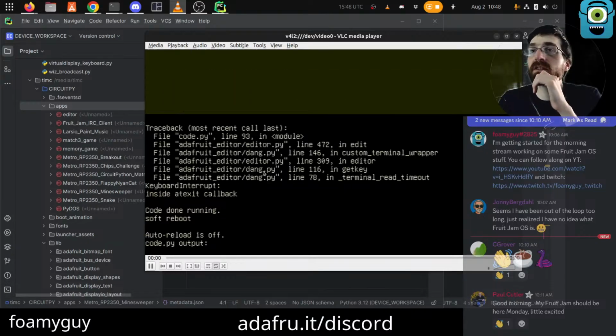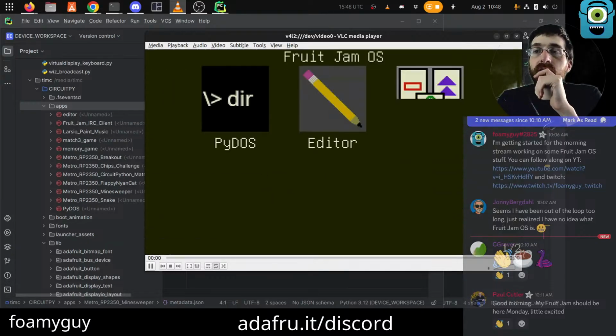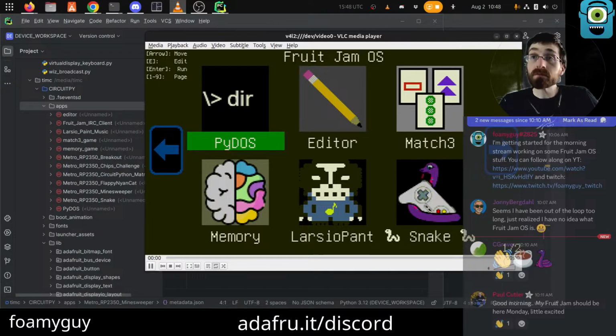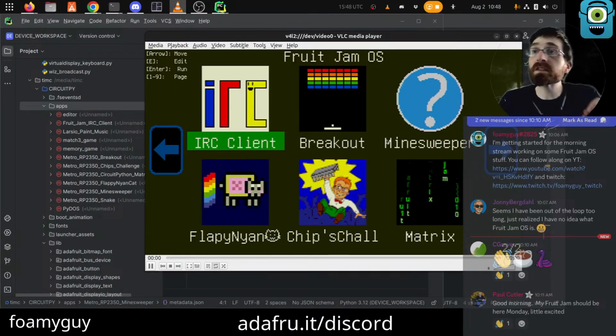Control C, this will take us back to launcher. And I think it's on page 2. Oh, it fits. Is that 1, 2, 3, 4, 9, 10, 11? All right, I guess you can have 11, at least. I'm pretty sure that's close to the limit, though.